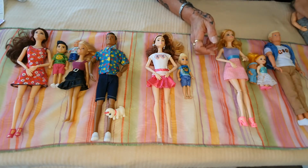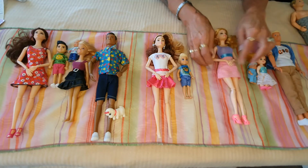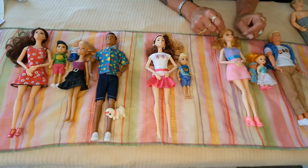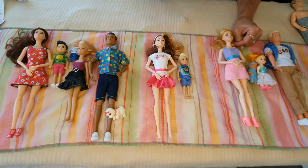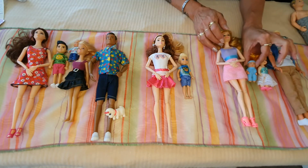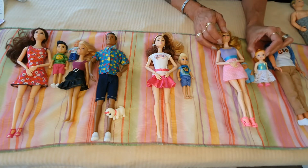So I just bought it also for the articulation in her body. So then the mom's name here is Steffi. I've just kept the name from the Kevin and Steffi dolls, and I said, okay, we're going to call her Steffi. And then I also got a little baby boy there now, and then their little daughter, which I